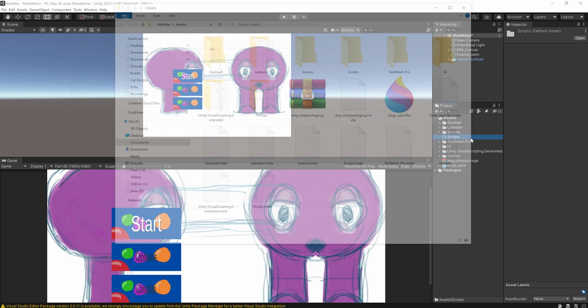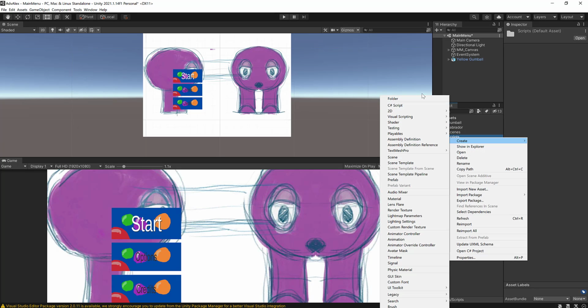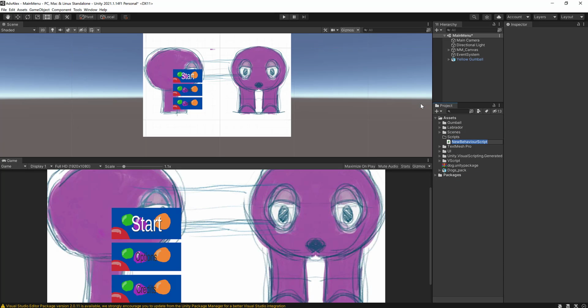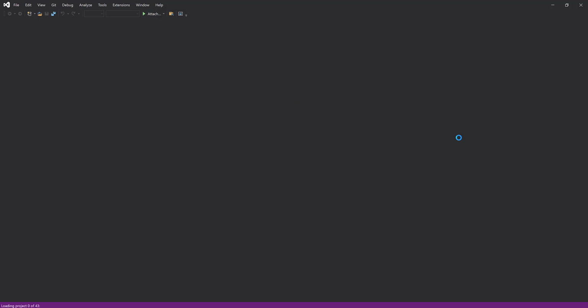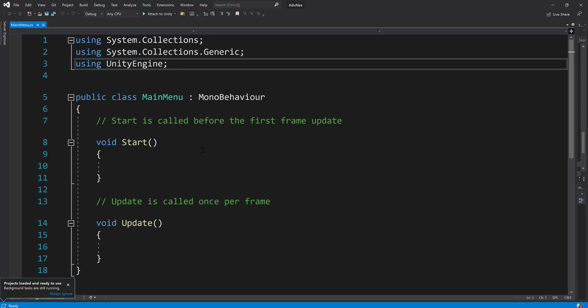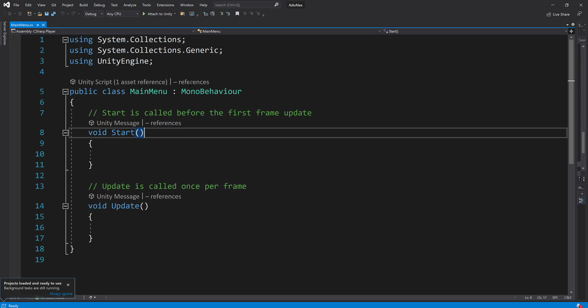So I'm going to right click and I'm going to create a new script, C# script, and I'm just going to call this main menu. Alright, so a couple things when you first get your script editor open. Mine is Visual Studio. You're going to notice that there's a bunch of words already here and it's going to